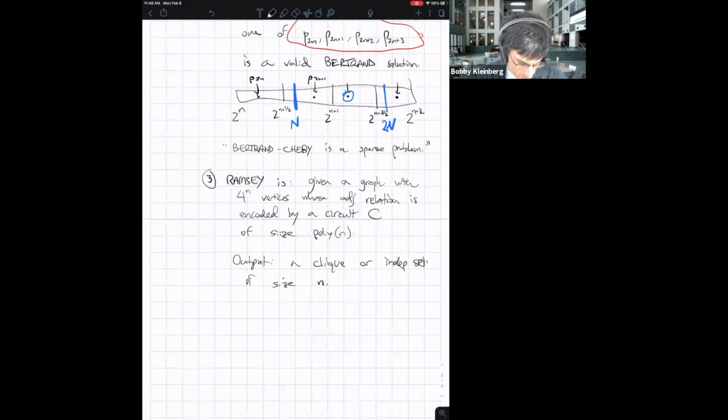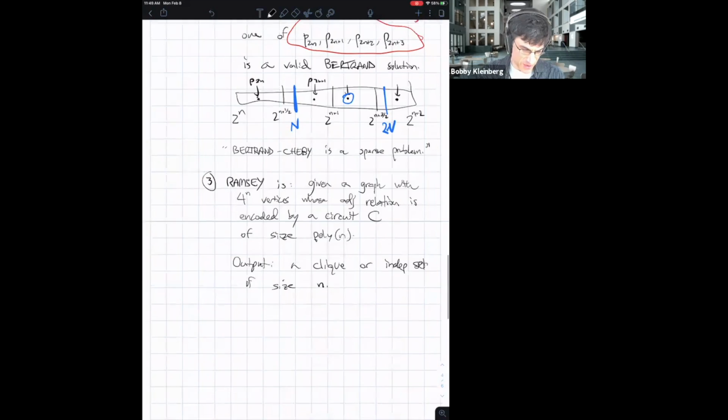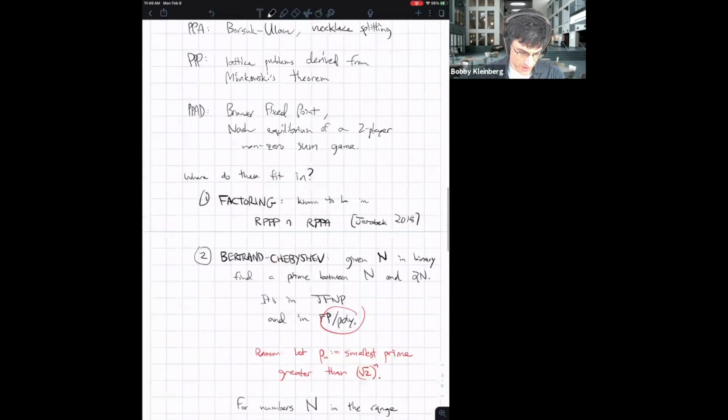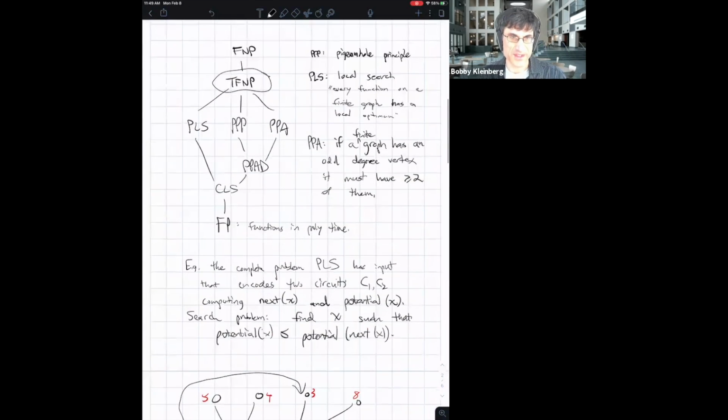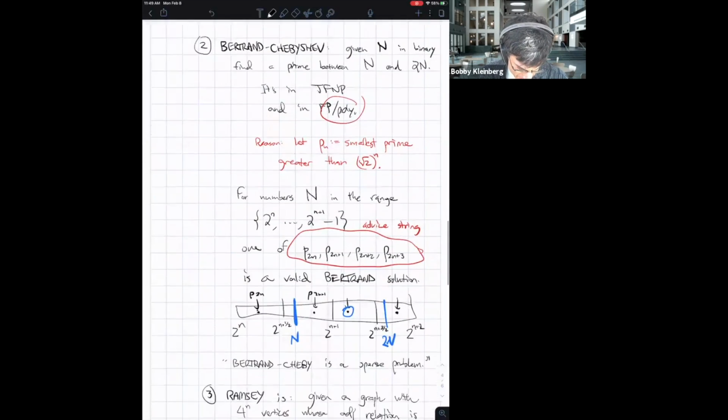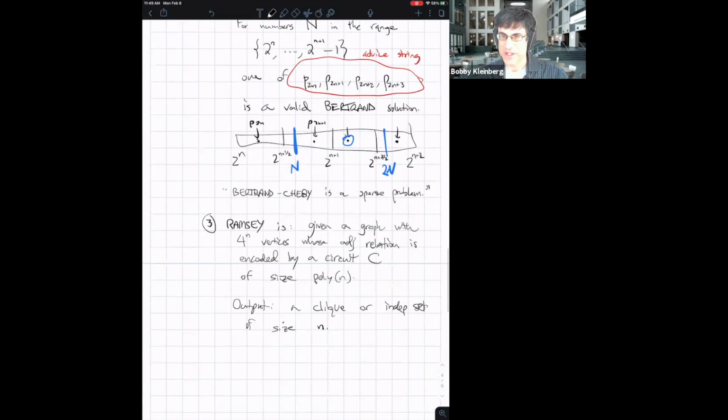But we don't know how to solve this in polynomial time using an oracle for any of the other total search problems in this diagram up here. So there's still quite a bit of intrigue in classifying the complexity of particular interesting computational problems according to where they sit inside TFNP. But